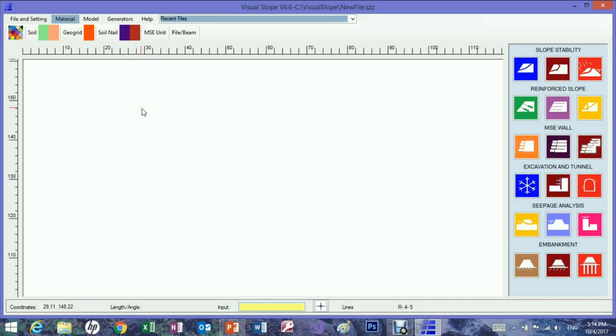After that, we can start modeling. We need to go to model, and it shows there are two rulers. The horizontal ruler tells us the horizontal coordinates. The vertical ruler shows us the vertical coordinates. The coordinates also show at the lower corner here. And we need to draw our model as in AutoCAD. So the first thing is we pick up